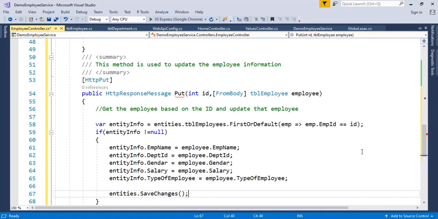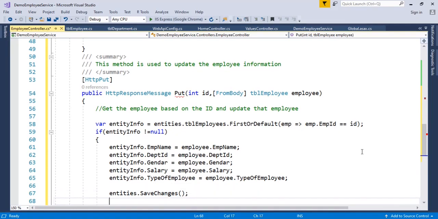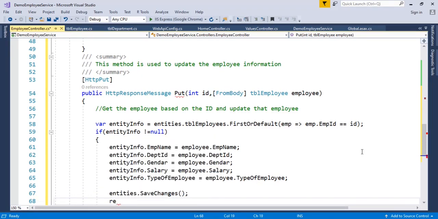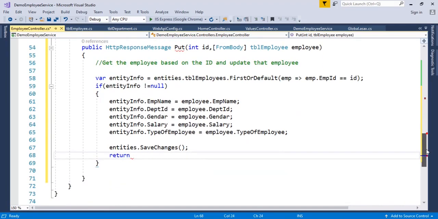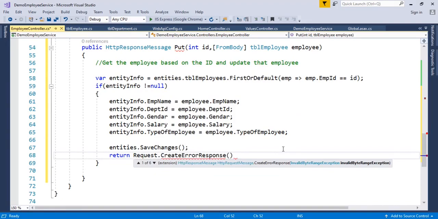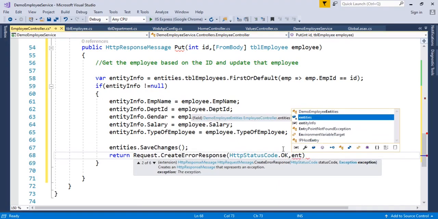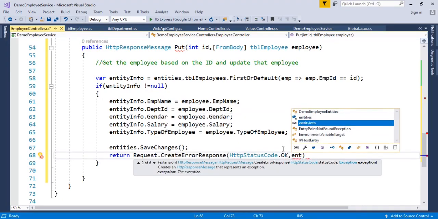And return, sorry, return of, guys don't worry, I'll show the output also. Return of request object dot create response of http status code dot okay. Okay means it is successful. Then I am going to pass the entity info.